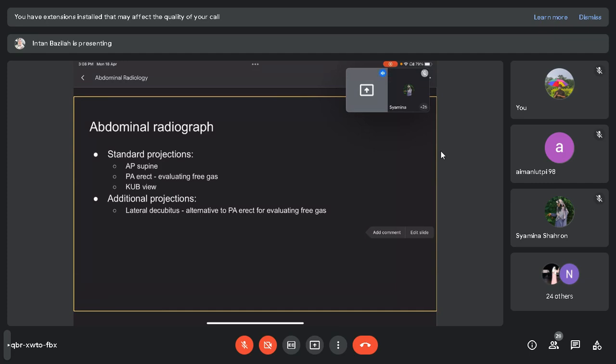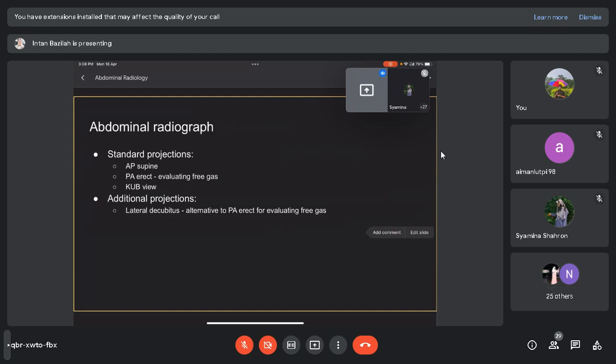Okay, the difference is that KUB will be more collimated, and it will further involve the pelvic region, because they want to look for pelvic bladder calculus. And an additional projection is lateral decubitus, which is an alternative for erect, for evaluation of